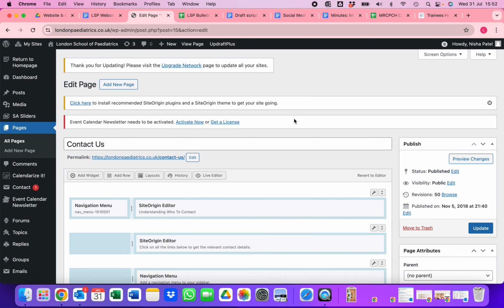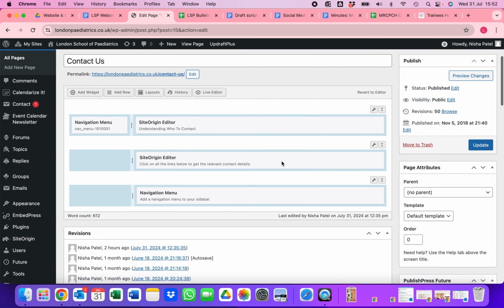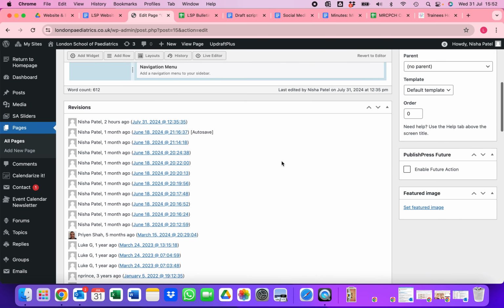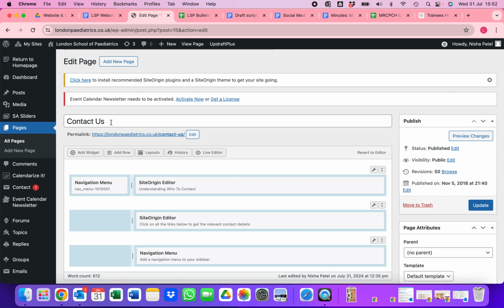Once you're there, this is basically the format that you look at for every page that you create, and it's quite easy to title here. You can change the title, so it's the Contact Us page, so we're going to leave it there. Then there are different sections here. So for this, you just go to Edit,